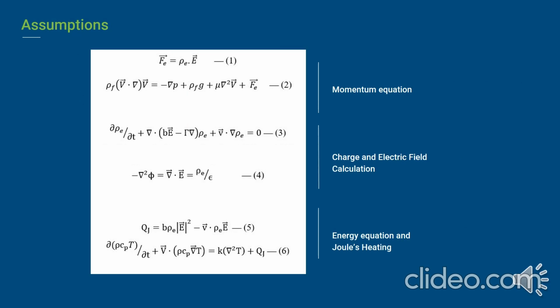You can see that all of our equations are highly coupled in nature. The momentum is coupled with the charge transport equation, and charge transport is coupled with the energy equation, and the energy is again coupled with the momentum equation. This creates a very complex problem, and we need certain assumptions, only after which we can solve this complex phenomenon. So what we can do is drop the convective term in the charge transport equation. This is because the drift through the electric field is almost 100 times greater than the usual velocities that we encounter in electrohydrodynamic flows.